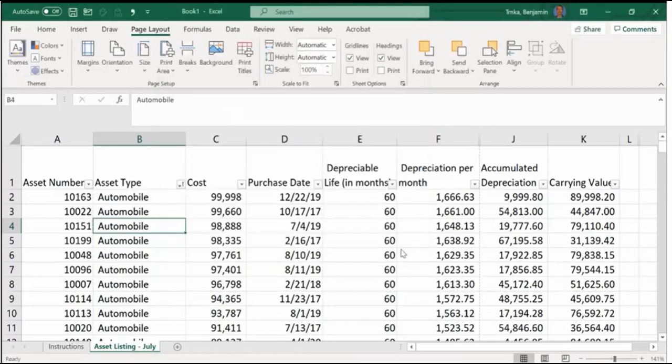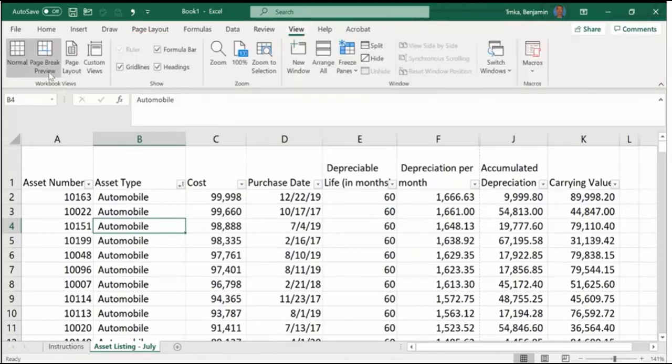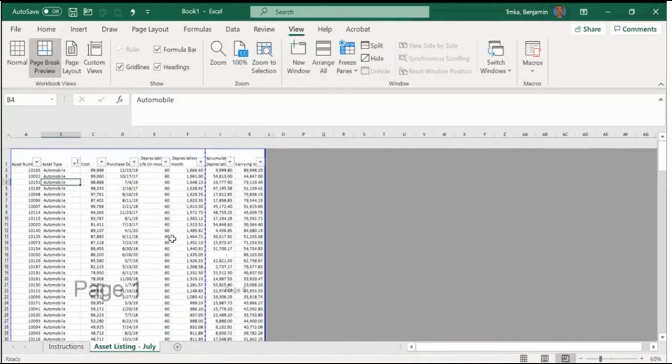Oh, look at that transition, lead right in there. So Boz and I actually do page breaks a little bit differently. The first thing I'm going to do to show you how the page breaks come in is switch to the View tab and do Page Break Preview. I like this one because it shows us where our pages are going to be.